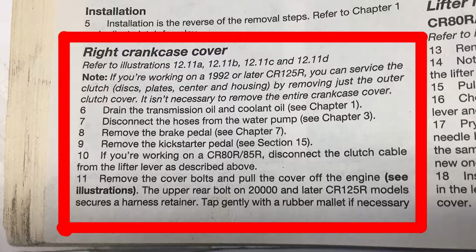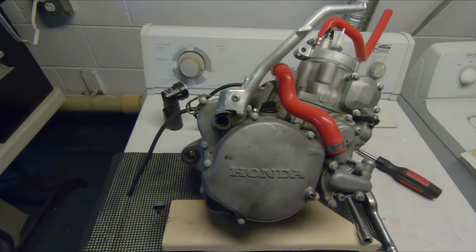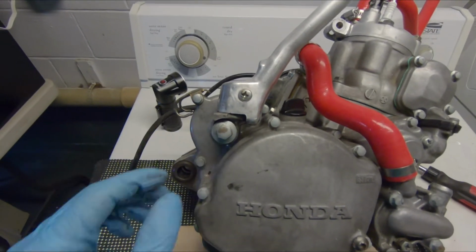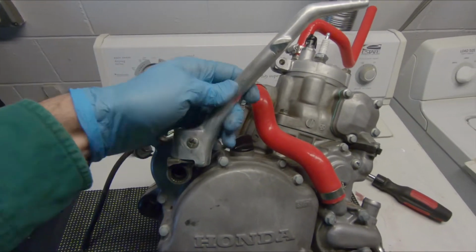Let's get into it. I have the engine out of the frame, so I've already drained the transmission oil and coolant. I've disconnected the hoses from the water pump. I have removed the brake pedal, and the last thing for me to do right now, before taking off the right crankcase cover and the water pump cover, is to remove the kickstarter pedal. And that simply is a 12mm bolt sitting right there. Take that out, and then your kickstarter pedal